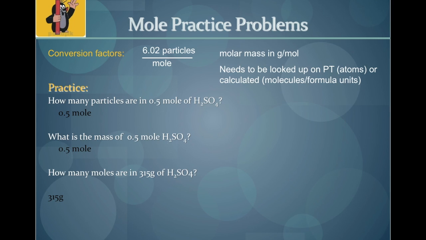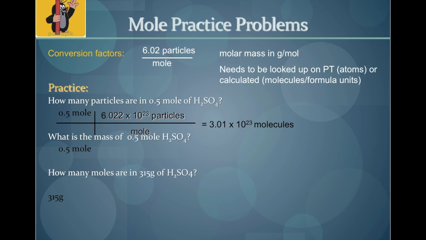So let's do an example. We'll use H2SO4 again. And let's say that we have 0.5 moles of H2SO4, and we want to figure out first of all, how many particles are in that. So we start out by writing down 0.5 moles because that's what we're starting with. And then we've got to find the correct conversion. So we look up top, we want particles, so that's going to be the 6.02 times 10 to the 23rd particles per mole. And then basically moles cancels, and we end up with 3.01 times 10 to the 23rd